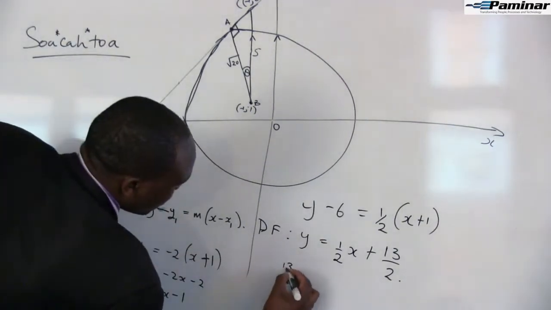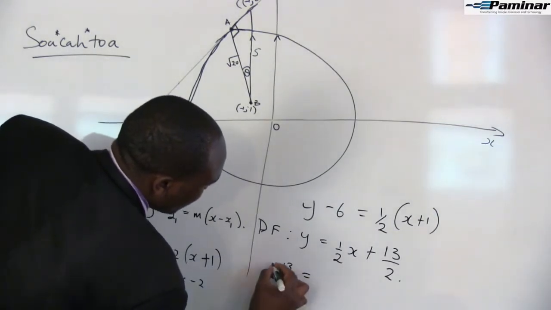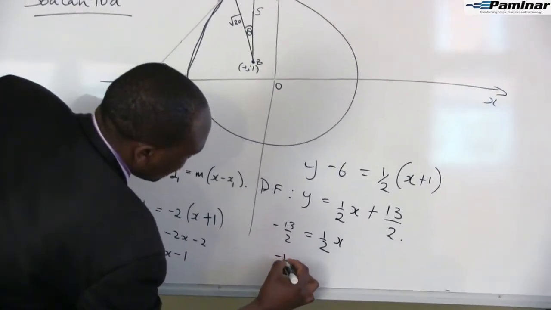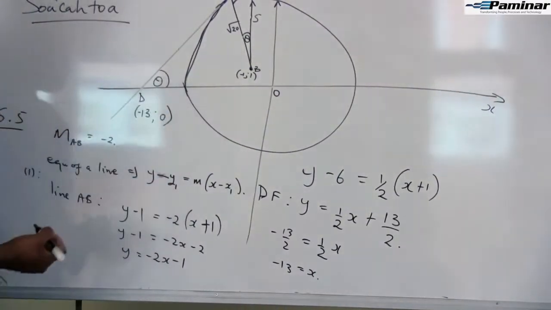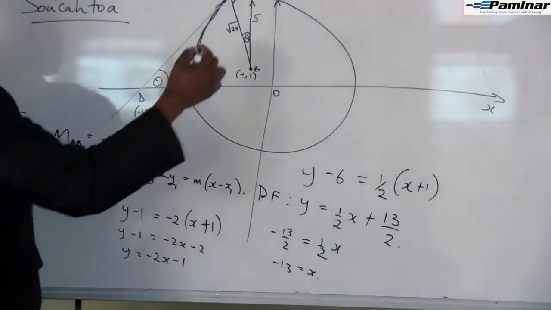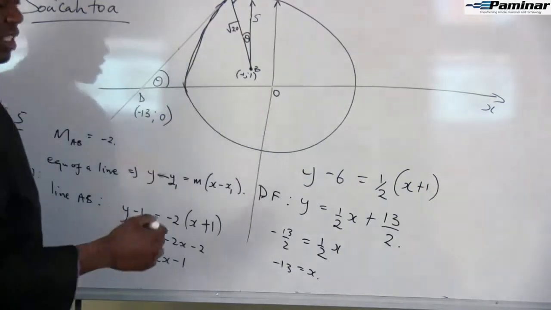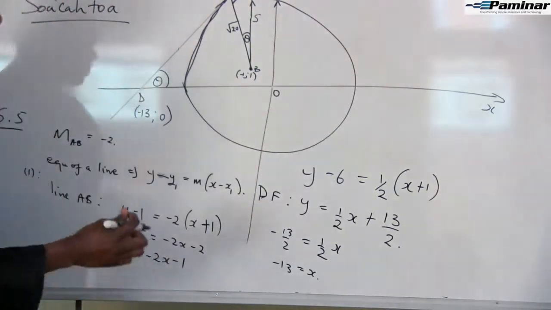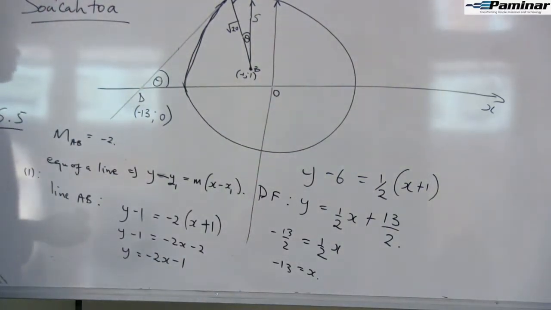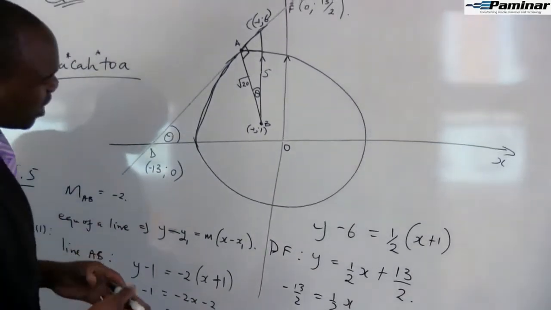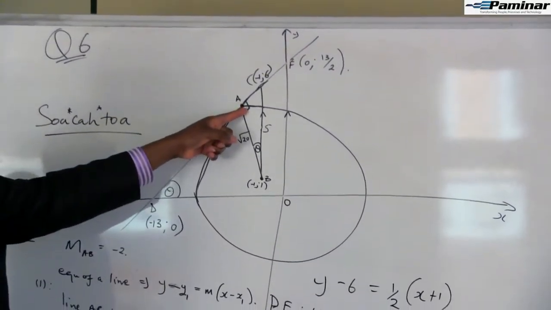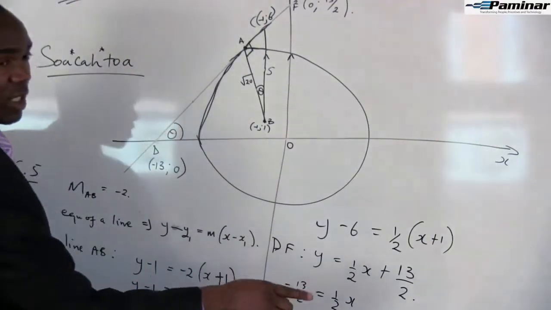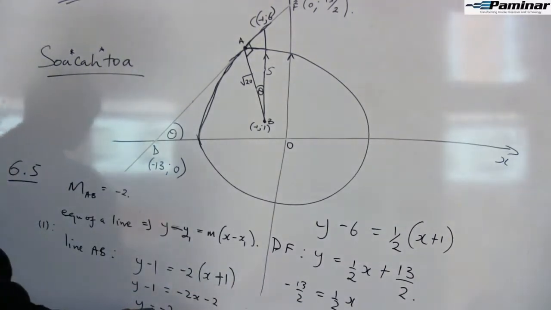Okay, we just say 13/2 is equal to, minus 13/2 is equal to half x. Now minus 13 is equal to x. This is the point. And then what is this point? Remember we said x is 0 and then y is something. So when x equals 0, y is what? But now we want to find the coordinates at point A. Now these ones were simple. Now we are done with this one. We can erase